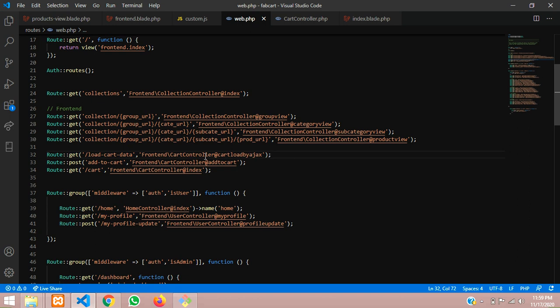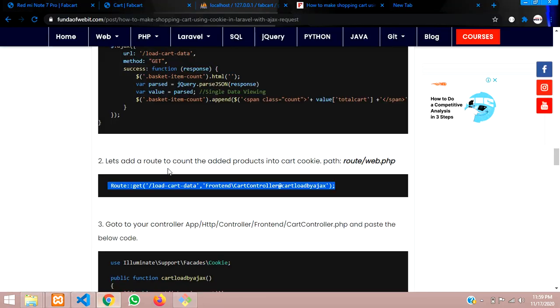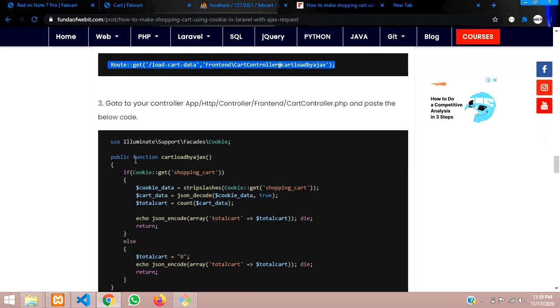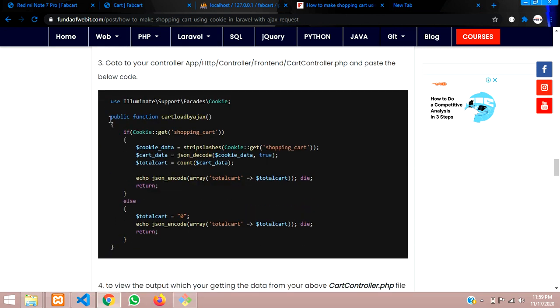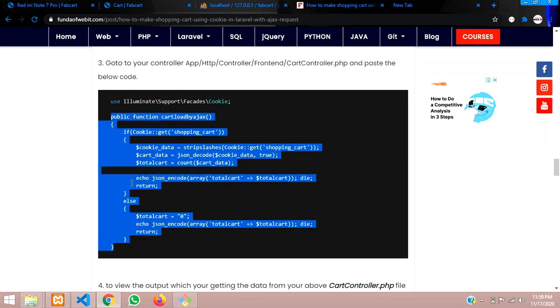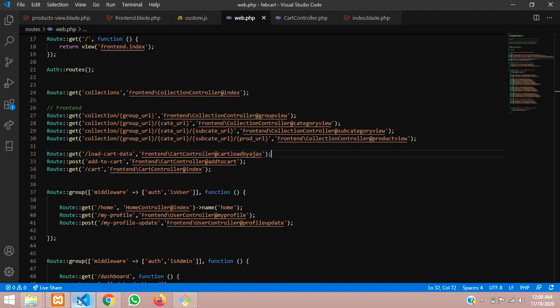Once it's pasted, we'll go to our cart controller where we'll call this cart load by Ajax. Now we'll scroll down and copy this same thing. We'll copy this function for getting the details of whatever shopping cart we have added.